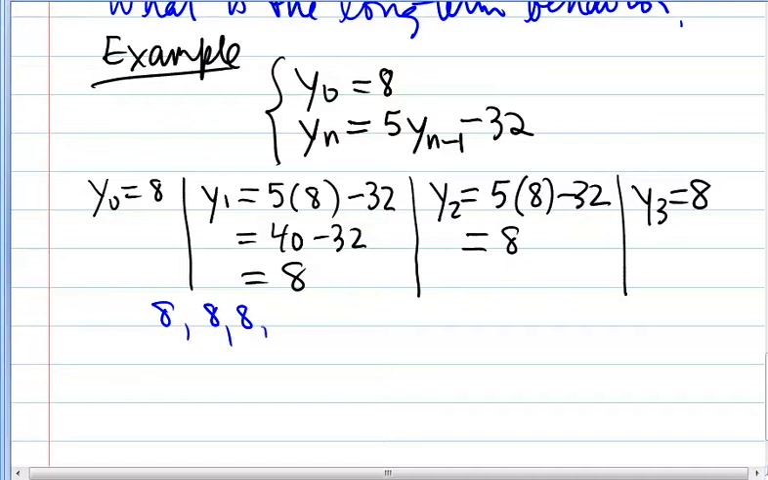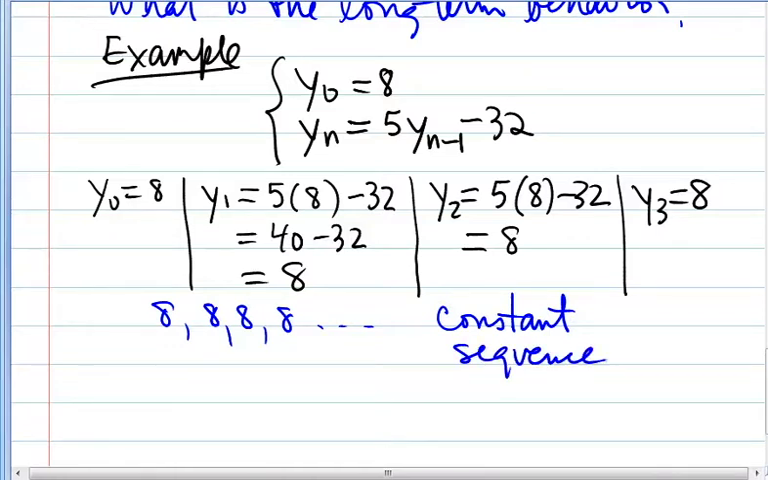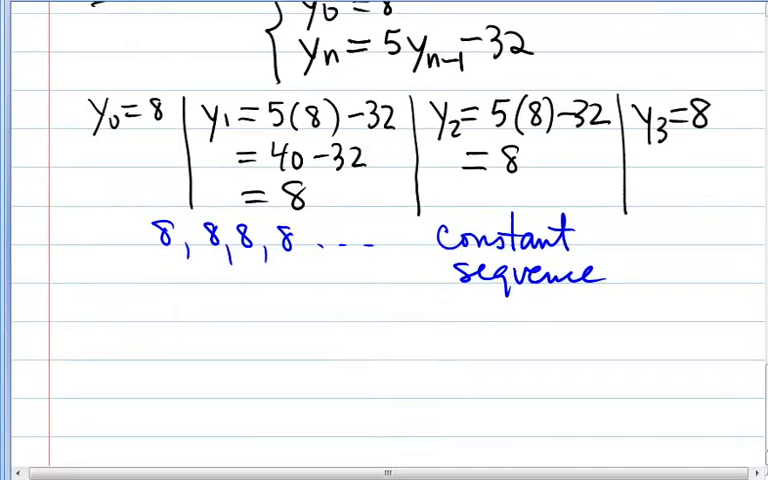8, 8, 8, and so on. It keeps going. This is called a constant sequence. It's not increasing, it's not decreasing, it just stays the same. And the graph, not all that interesting, but